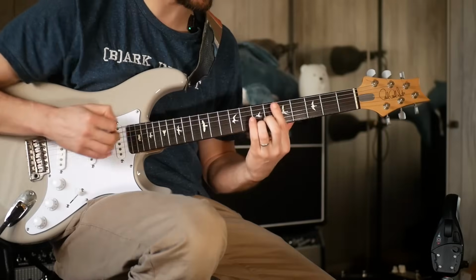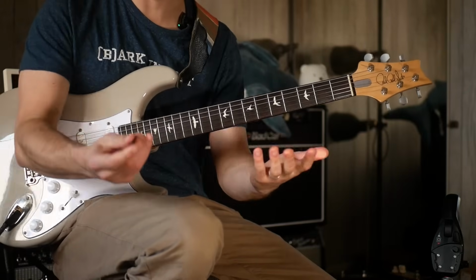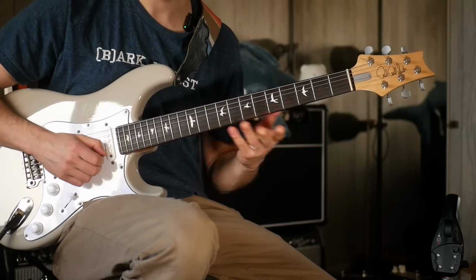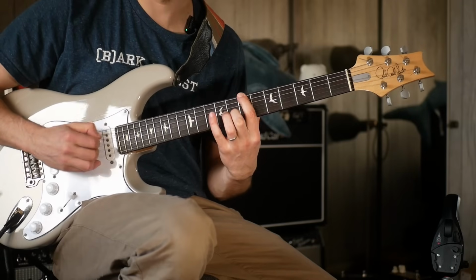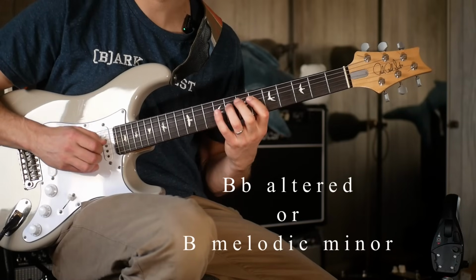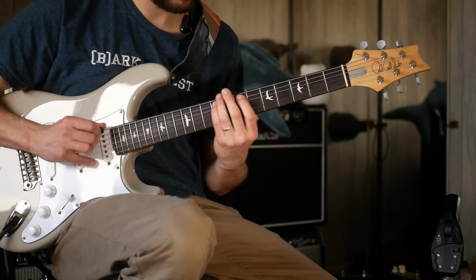So what is the altered scale? Basically, if you've got something like this, which is our dominant, if we have a sharp 5 in it and all the alterations, you can essentially play the melodic minor scale up a tone from the root note of that chord. So in this case, it would be B melodic minor,